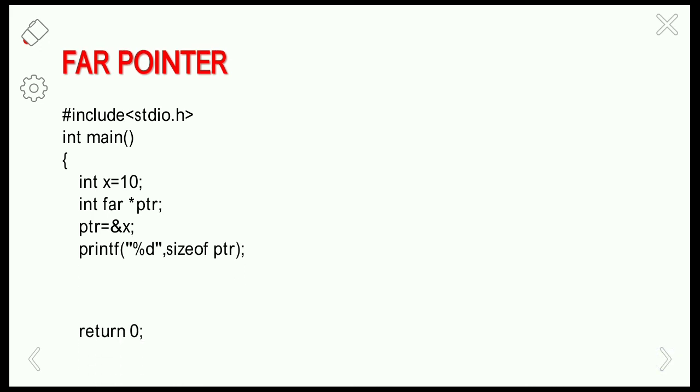So size of the pointer. What is the size of the pointer here? That is the address of x. So x is 10, and it will display the size of the pointer as 4 bytes. Since it is a 32-bit type of machine, in a 32-bit machine the integer occupies 4 bytes of memory, whereas in 16-bit machines it will occupy only 2 bytes of memory.